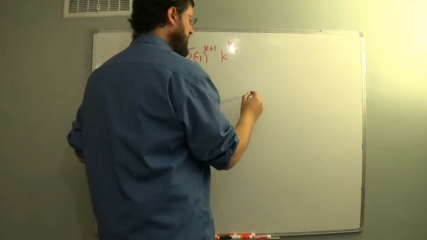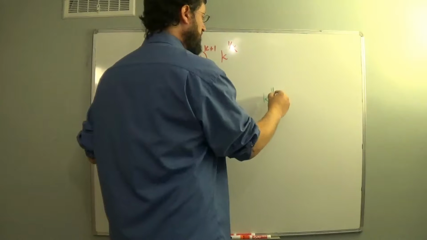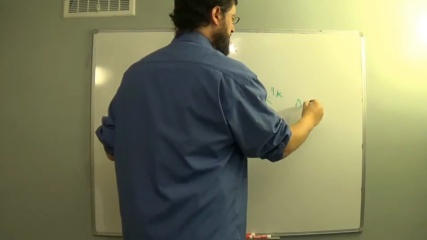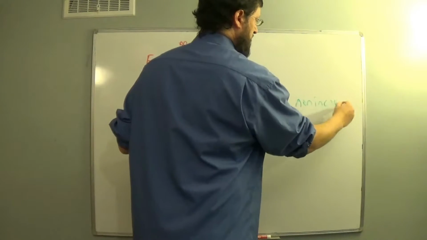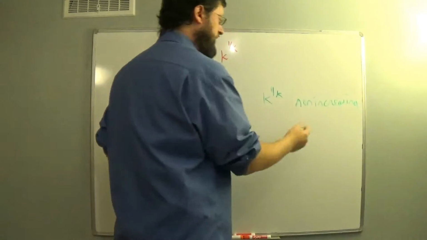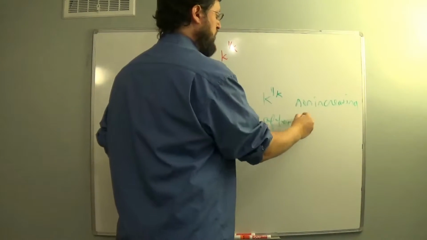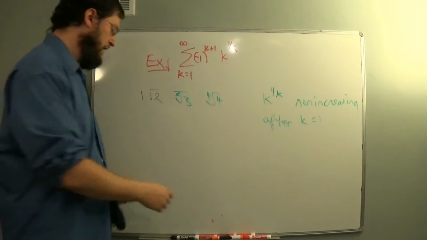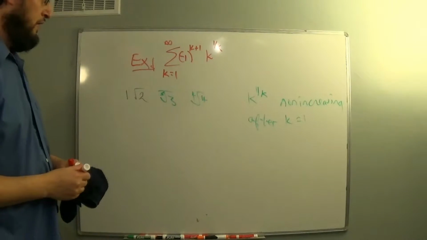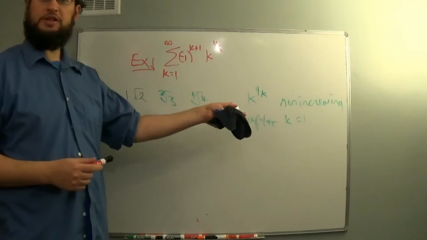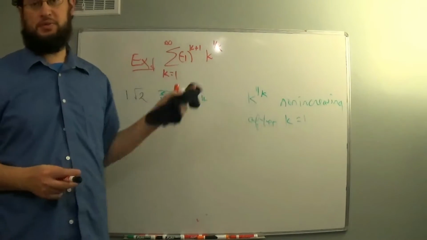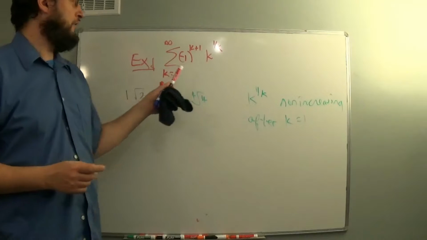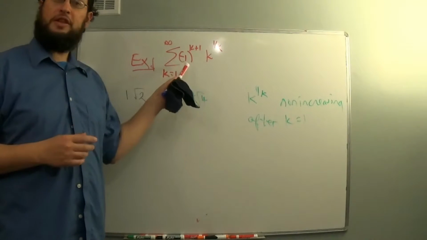They are going to be decreasing, at least after the very first term. And it is true. This sequence, k^(1/k), is non-increasing. In fact, it's decreasing. Non-increasing after k equal 1. Right, so from 2 and beyond, it is a non-increasing sequence. So as a non-increasing sequence, a decreasing sequence in fact, with an alternating part with it, all that we care